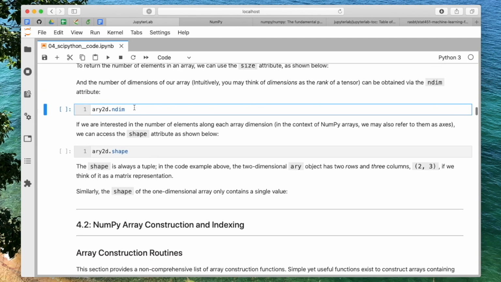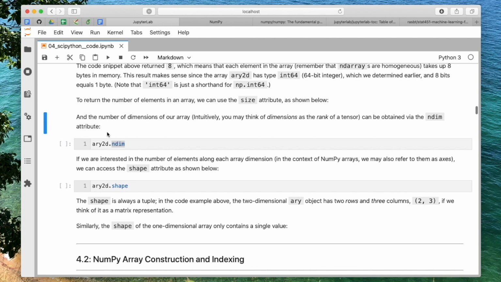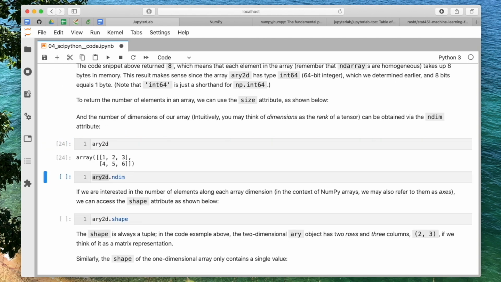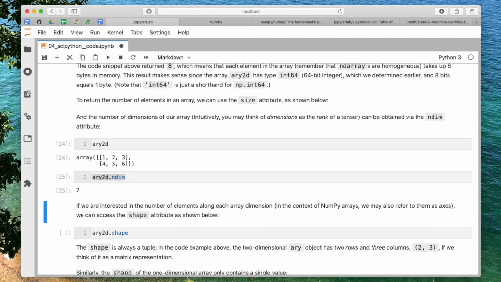ndim. So ndim is showing us the number of dimensions. Recall we had a 2 by 3 array. So there are 2 dimensions, axis 0 and axis 1. So this should return a 2 because we have 2 dimensions. If we have a big array with lots of numbers, this command may become handy, especially if we have a 3 or 4 dimensional array. It's sometimes hard to see. So this is just a quick way of accessing the number of dimensions.